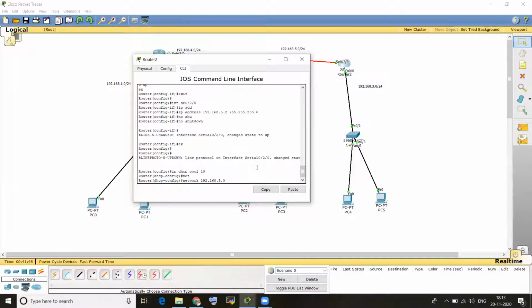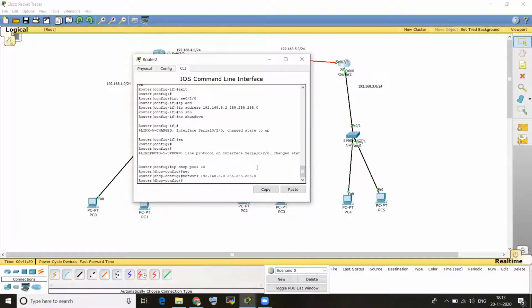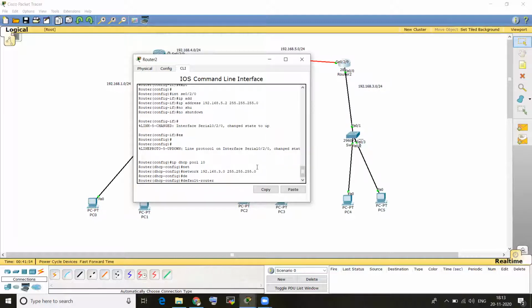Space, subnet mask 255.255.255.0. Enter. Then default router. The default router will be this one only.